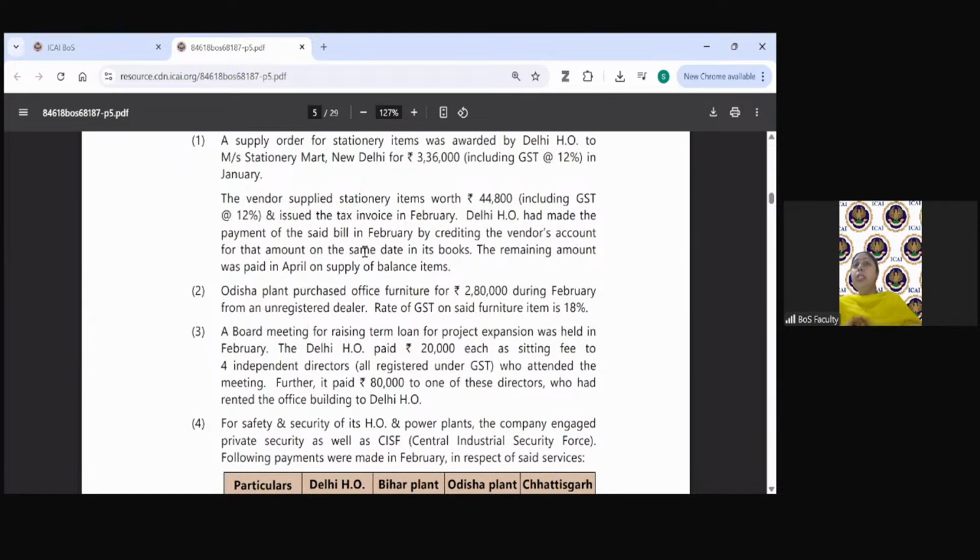So we have to compute what amount is there, or what is the value of taxable supply by Delhi HO under forward charge, on which tax is payable under forward charge. I have not got the final amount from Awadh. Sajja has given me the final answer. Yes, okay. Awadh has also given the answer.